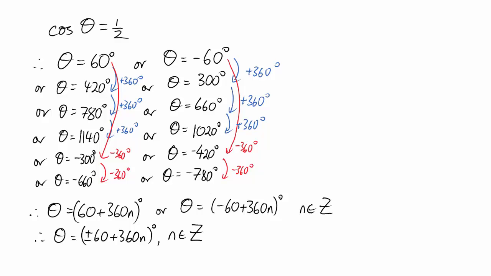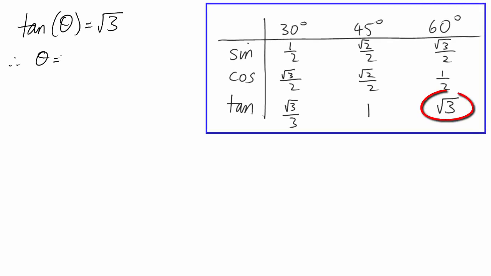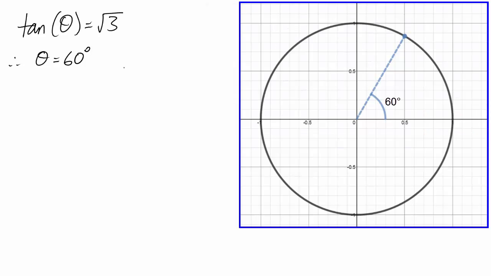Let's now look at the equation tan theta equals square root of 3. Again, the basic solution should be known from your exact values. Theta equals 60 degrees. Where else in the unit circle is there going to be a line segment with the